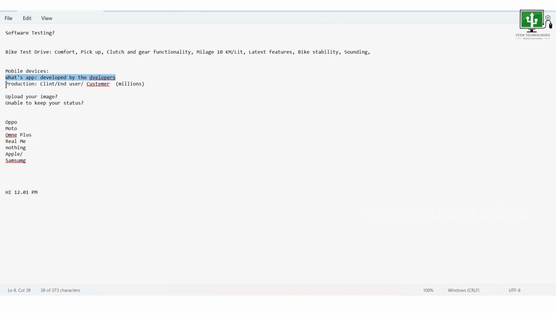Then only it will be released to the production. Then these guys will be utilized. Then your product will be sustained in the competitive market. Correct or not? If you are not having good functionalities, if you are not able to upload your